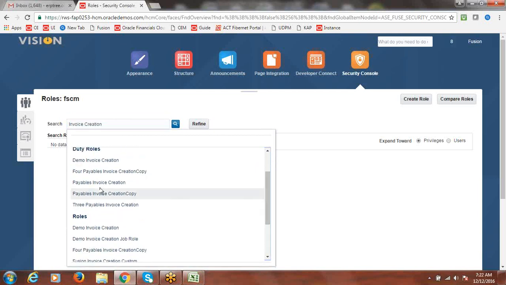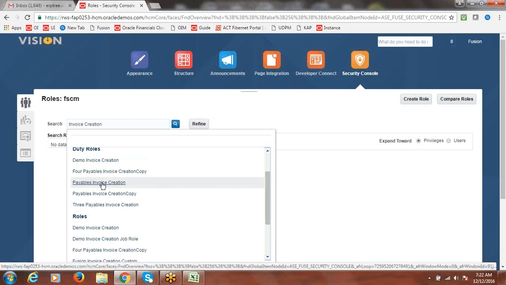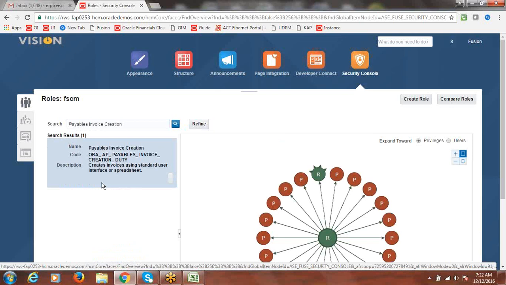This is the duty role. Only the duty role we have to select. You select payables invoice creation. This is the seeded one. From APM also, the payables invoice creation duty only we selected. I'm selecting here payables invoice creation. Select it. This is the seeded one.